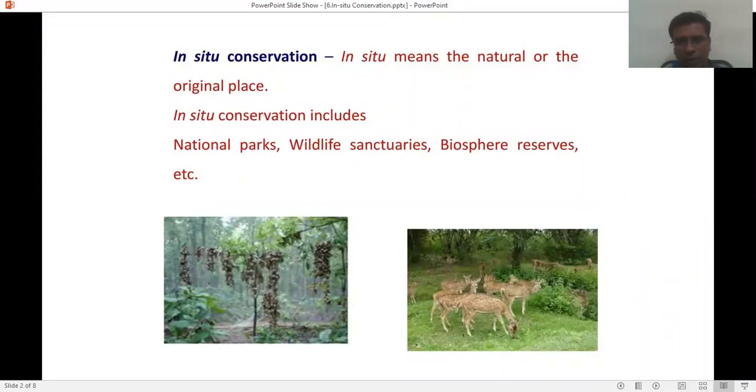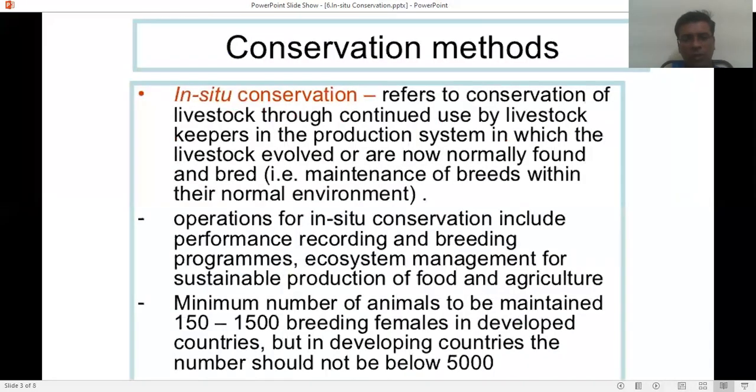So, this is the definition. In situ conservation means the natural or the original place. So the conservation includes national parks, wildlife sanctuaries, biospheres, and everything. This is about in situ conservation. And these conservation methods are,